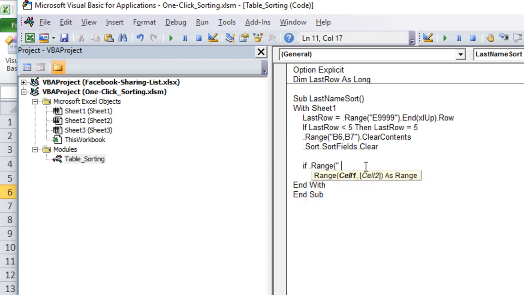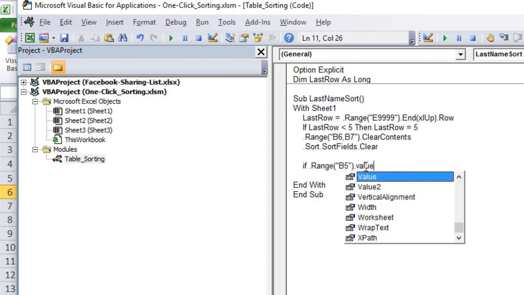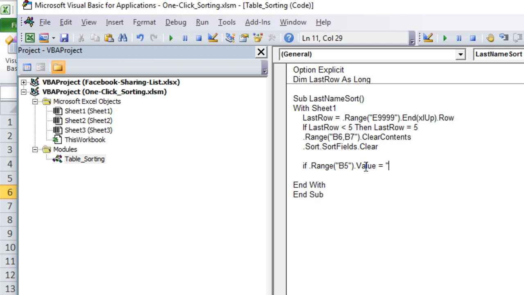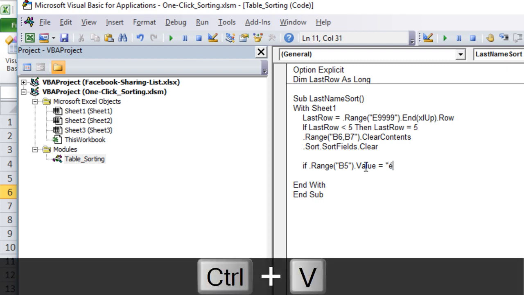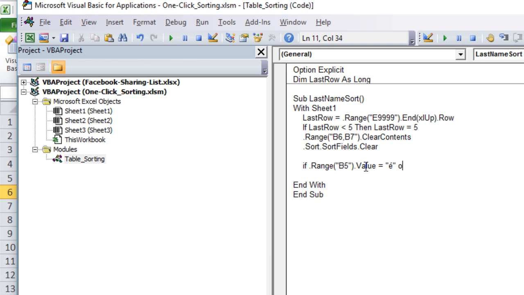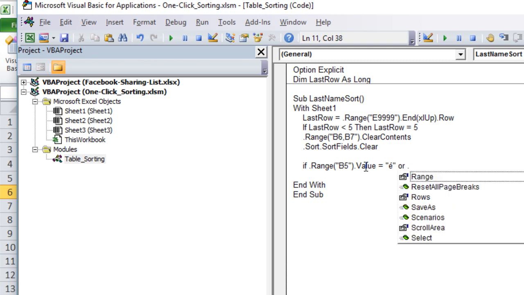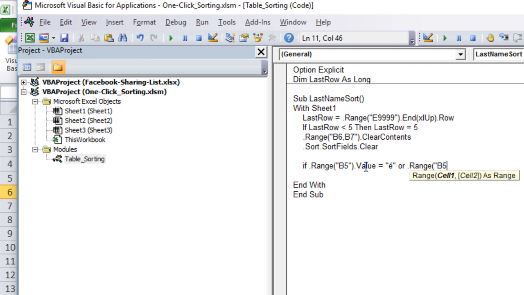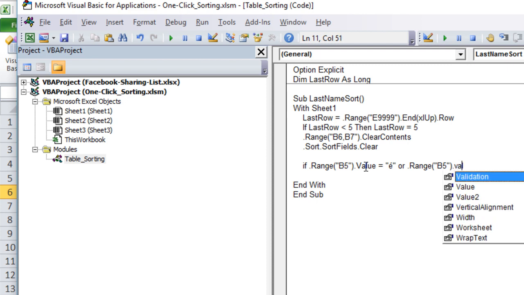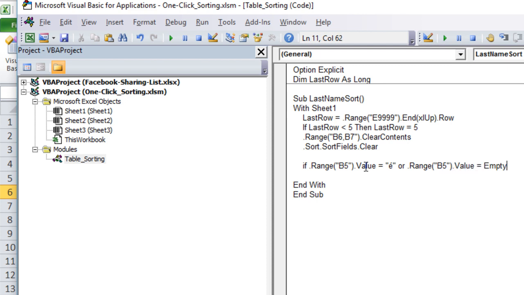If dot range B5 dot value equals, and then in the quotation marks, then we're going to paste that, and that's the answer. If it equals that, or if it's nothing, or, so we can write that here, dot range B5 equals, value equals empty,